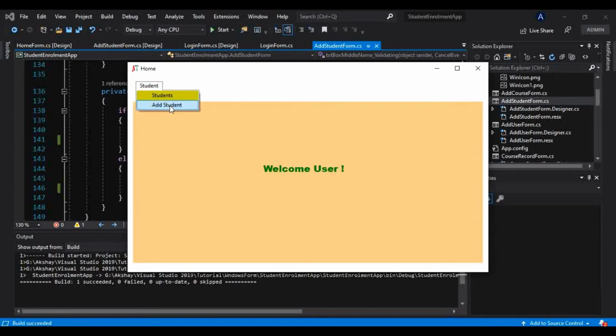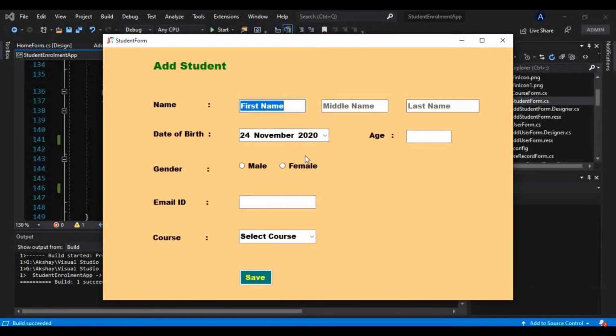And let me go to that add student. So here it is also the same thing. Okay, so let me add. I won't add anything here, and let me save this. So it is providing an error for that: please enter age. Let me put anything. And let's say if I don't select anything, we have already provided validations for this male and female button as well. So this radio button, if I don't choose anything, it is saying please select gender.